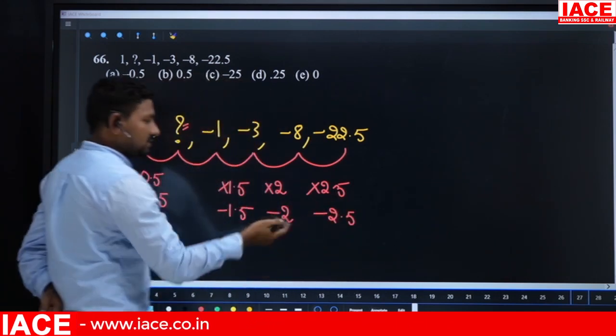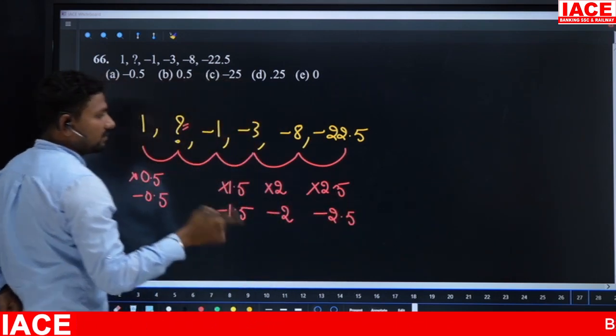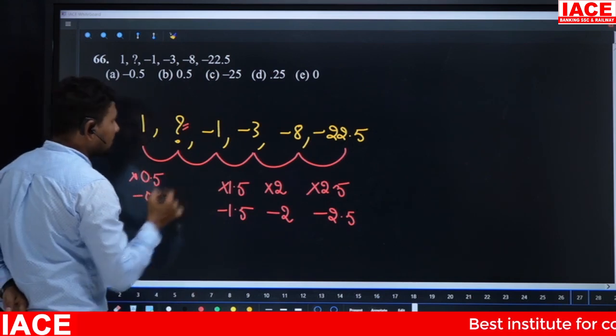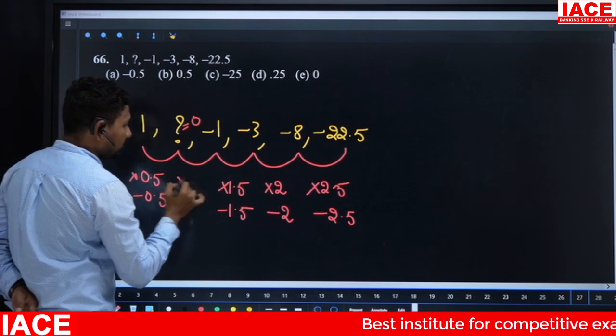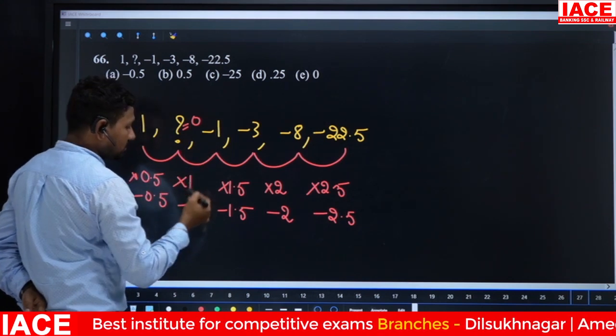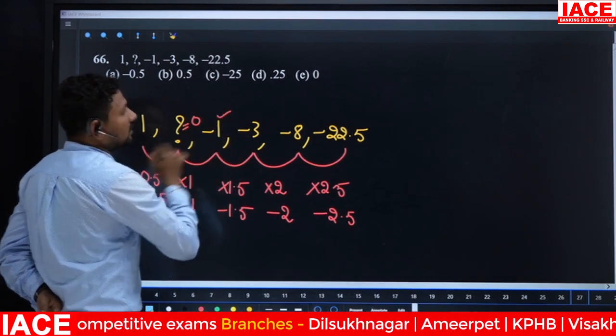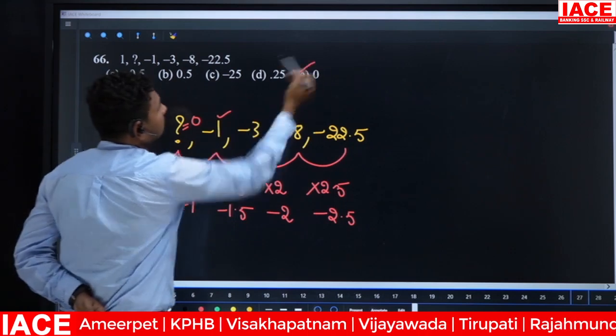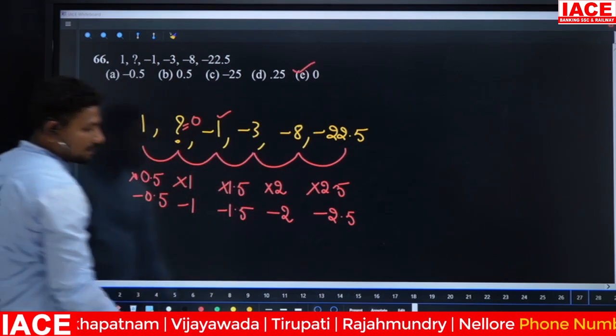Then comparing to the previous question as it is, but here whatever the number we have multiplied, the same number we are removing. Then here 0.5 minus 0.5 means it is a 0 and again we should multiply here into 1 minus 1. 0 into 1 is 0, 0 minus 1 value is minus 1. Whatever the logic we applied, it is suitable now. Then our answer is 0 for this question of 66.